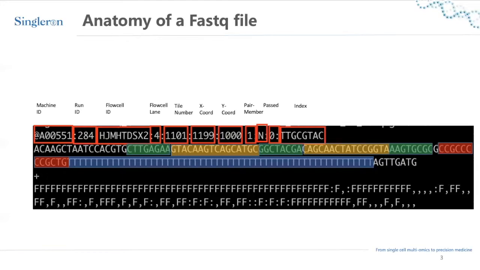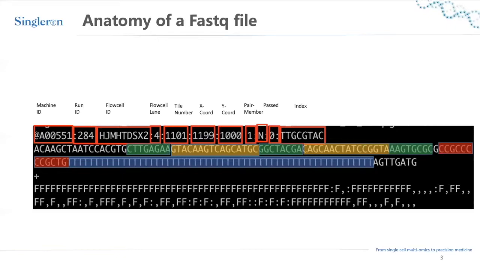This is also important because in this case, what I didn't mention here is that we do paired end sequencing. So once we have the library we send for sequencing, we are sequencing paired end, which means each read is sequenced from both sides. And for that, you generate 2 files. Usually they're designated as R1 and R2. This is R1, this is the first one. And in R2, you're going to have your mate, and this you can track down by the coordinates. So you have pair member, this is pair member 1, the other one is going to be pair member 2,